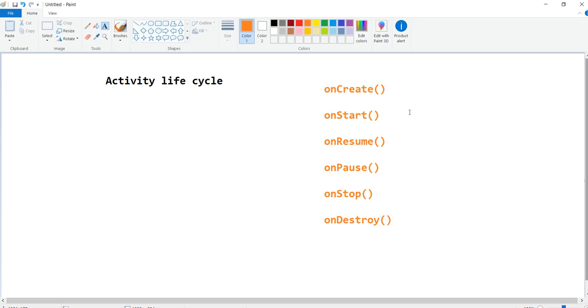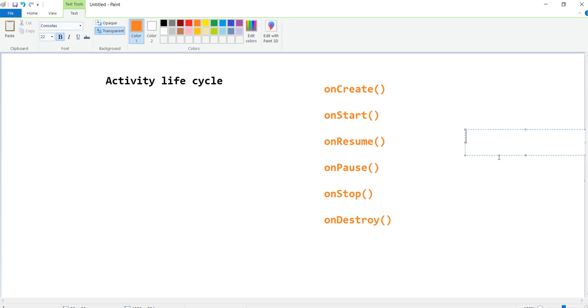One other is there, that I'll write here: onRestart. So these are the 7 methods in the activity lifecycle.